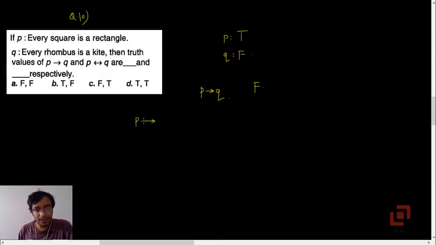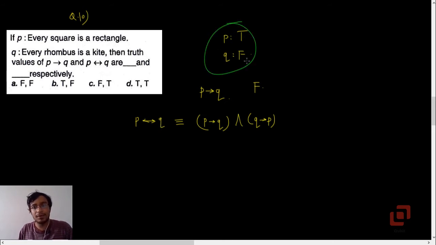And let's now go to the biconditional, P if and only if Q. See, now there is no need to actually write it as P implies Q and Q implies P, because the truth value of the biconditional is true when both P and Q have the same truth value. And here one is true and the other one is false. So the truth value of P if and only if Q is also false. So question number 10, truth values of both the propositions are F. Let's go to 11th now.